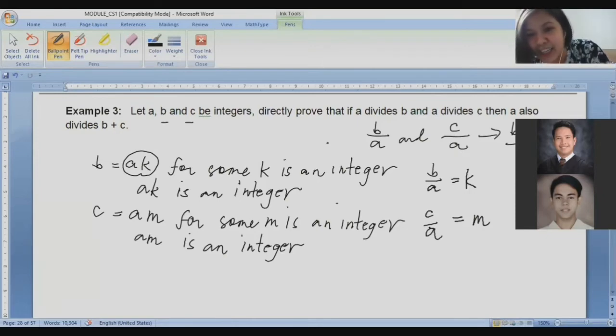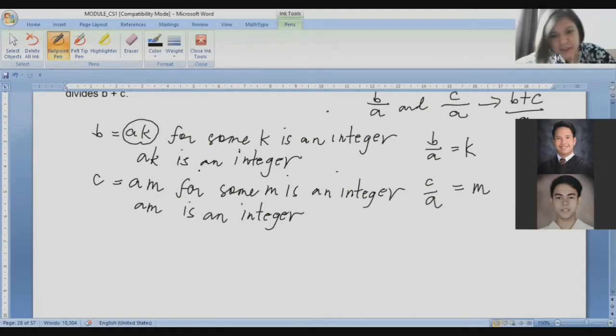Yan sila. So, nagkaroon ka ng another variable. Actually, hindi lang siya K saka M. Pwede kahit anong letter gusto mo. Kunwari, gusto mo yung AK, gawin mong AJ. O yung AM, pwede mong gawin yung AP. Kayo bahala. So, ang gagawin natin next, kailangan nating ma-prove na yung B plus C, dito tayo pupunta,